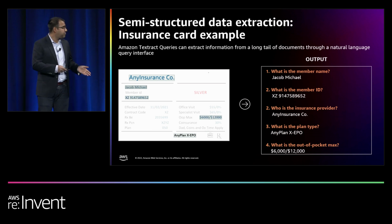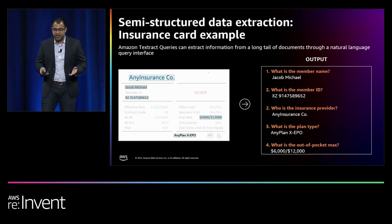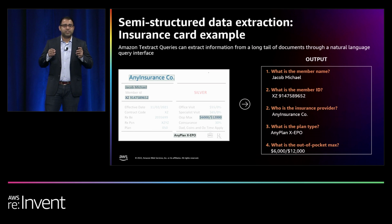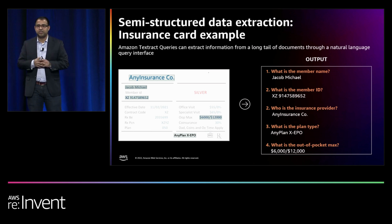And that's exactly what happened in this case. Textract understands that when I write out-of-pocket maximum, it refers to the OOP over here, and it actually returns the right answer. So with Textract queries, you can essentially unlock the automation of processing of a higher proportion of workloads than was possible before, and actually automate the processing of documents that were traditionally very challenging to process using document